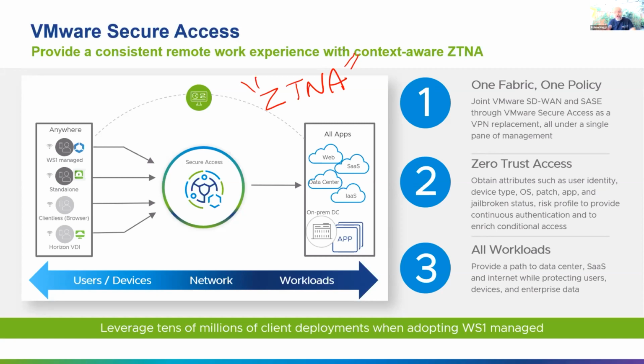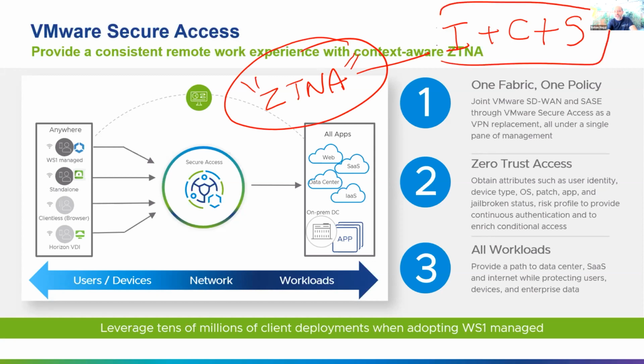That's the gist of ZTNA, Zero Trust Network Access. It's all about identity, context, and the services, the resources. I think that's my definition, to summarize ZTNA in a one-liner. When it comes to identity, it's the user and the device identity. Context is where the privileges come into play. What kind of privilege do I have on a service or a resource? Resources or services here means your applications. And this is all offered cloud-based.